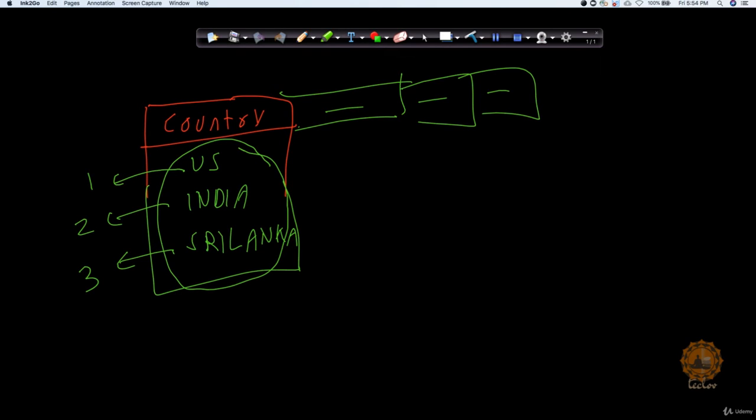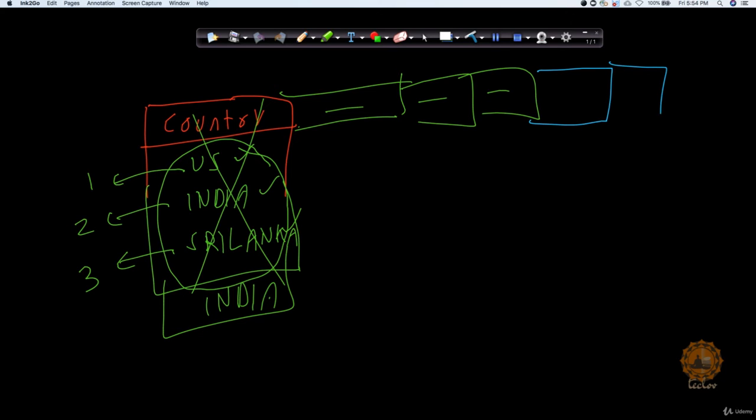What one hot encoder does instead is it looks at the unique values present in this column. Let's say there are three unique values. Maybe after that, India is going to repeat in this data and so on. It removes this particular column, and instead adds three unique columns here. One belongs to US, second belongs to India, third belongs to Sri Lanka.